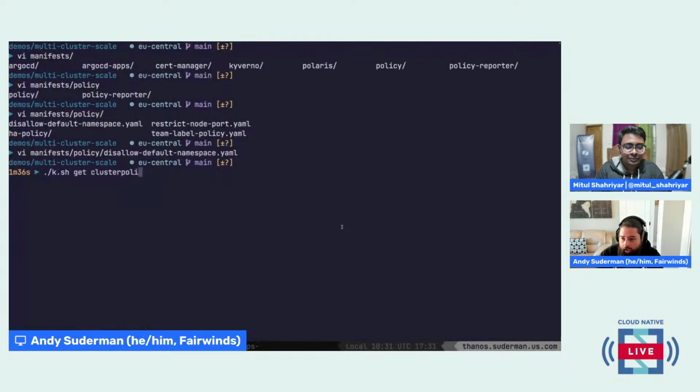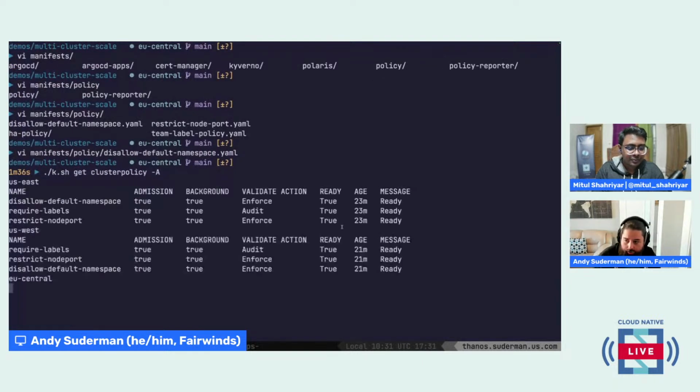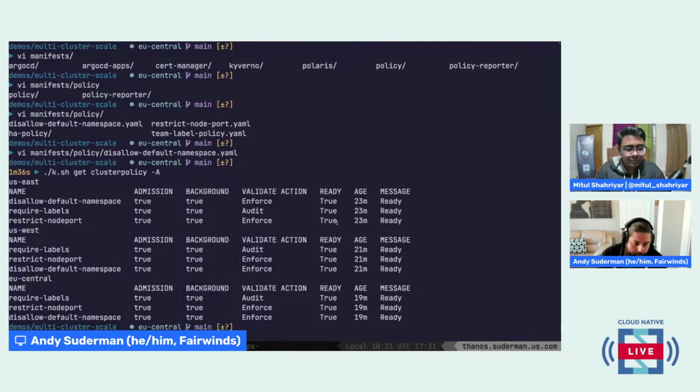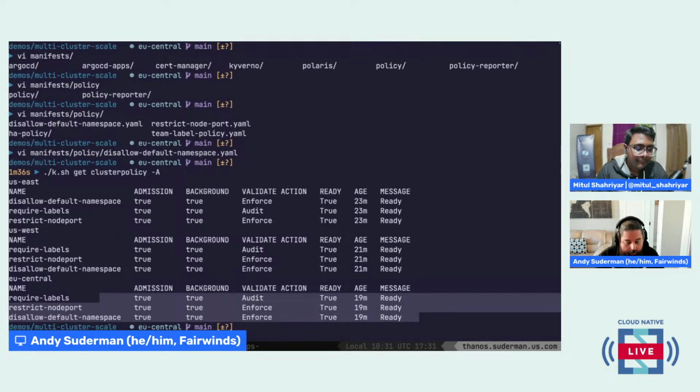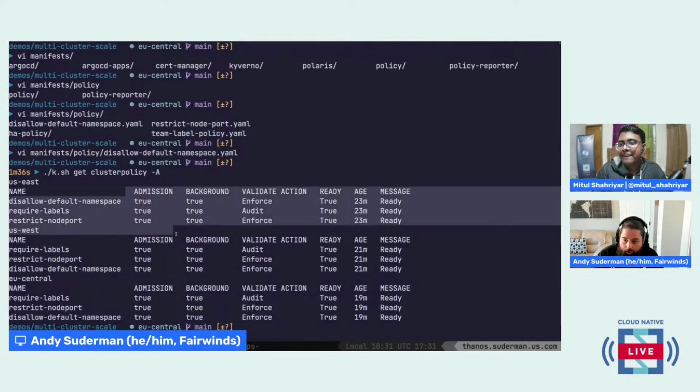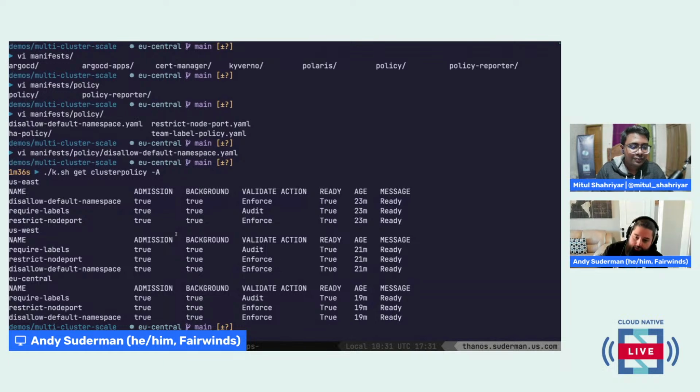So if we get cluster policy across all of our clusters, we'll see that we've used our GitOps controller, Argo CD, to apply the same policies across every single cluster. And so we have a very consistent experience across the clusters.